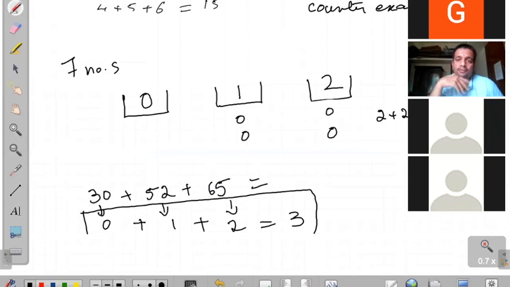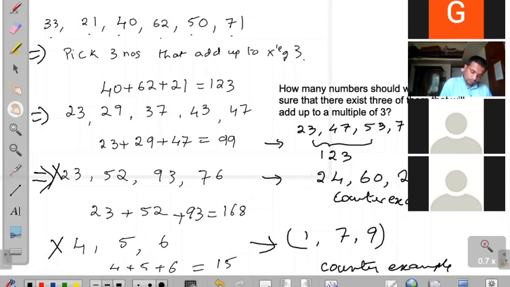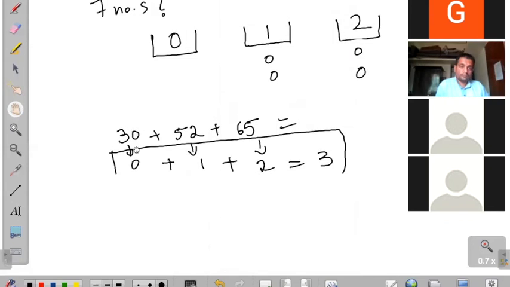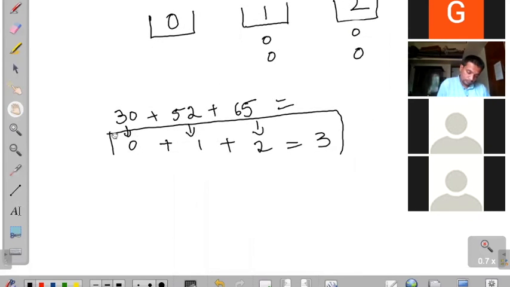So that means if there are 4 numbers, we have 4 numbers, but we don't know their distribution. We don't know if it will end up being 2, 2, 1, 1. But if you take it divisible by 3, I think there are 2 combinations. Only 1, 1, 0, 0 and 2, 2, 0, 0 combinations won't work. It is not a multiple of 3. This is only possible, I feel.